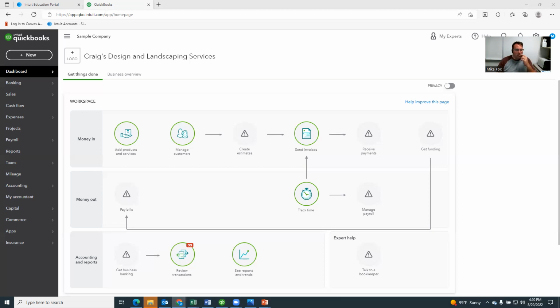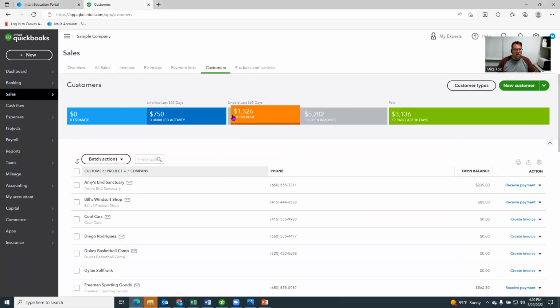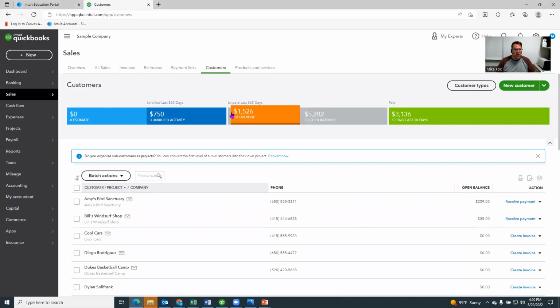So I guess what that means is that we're going to be spending most of our time in the Manage Customers section of QuickBooks this week. We can get to that just by clicking on Manage Customers. And from there, we can create new customers. And then if we want to, we can create invoices for our customers, create sales receipts,